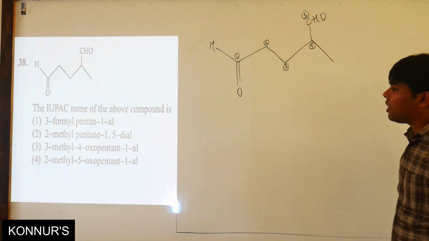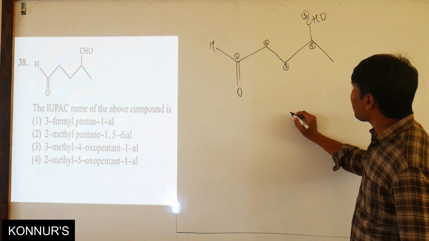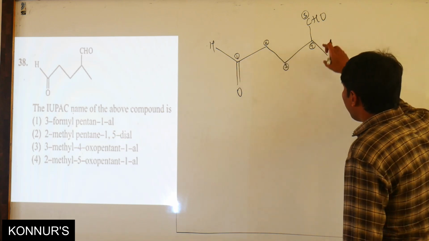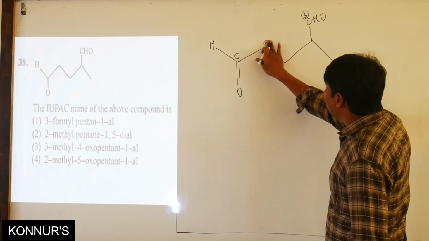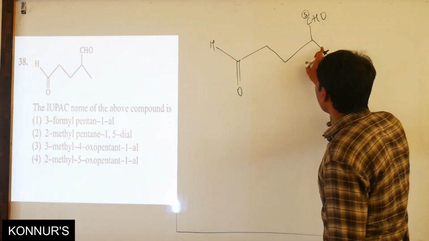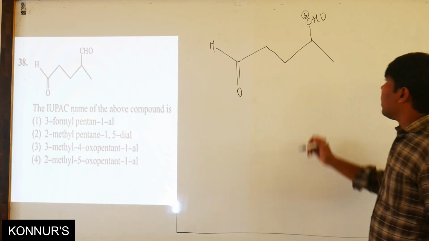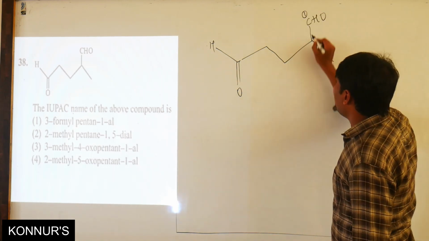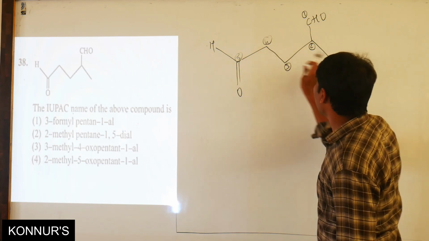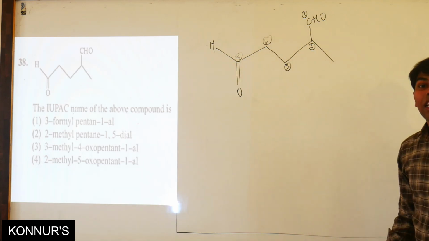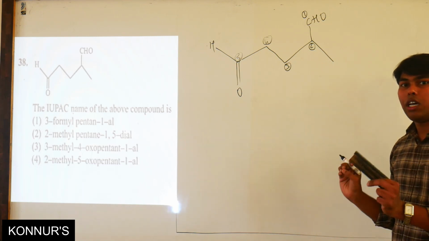On the fourth carbon there is a methyl. So let us take it like that. If I go like this, 4 will come as a methyl, and this should not happen because the substituent will get the higher locant. If I go like this, first carbon, second carbon, third carbon, fourth carbon, fifth carbon, the substituent will get the least locant now, and now this is a perfect choosing of the parent chain.